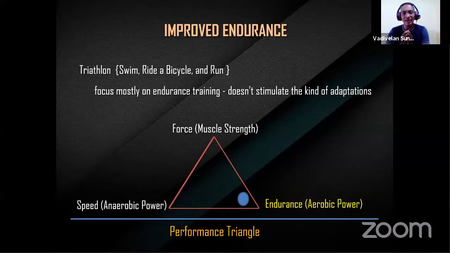So here, the endurance athletes need not only endurance, they also need strength and speed. Once you train these three components, the performance is going to improve. If you are an endurance athlete, endurance training is not the only thing that will help you. At the same time, you have to look at the other components. Maybe endurance may have a larger proportion, but the muscle strength and power are the next components. If you train these all three components, whatever the benefits, the athlete will retain them for a long time.